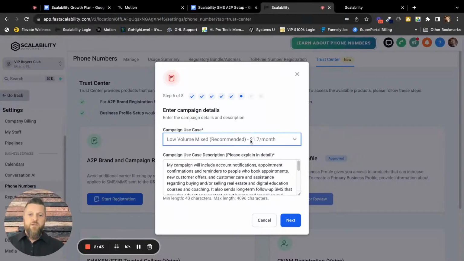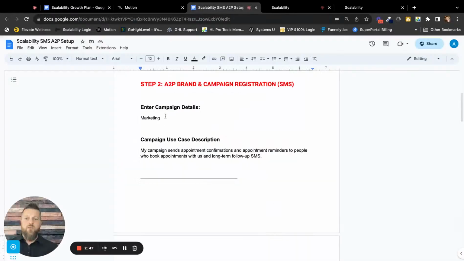So if you take this Google Doc, and we go through this process, campaign use case, right here, if we click that drop down, let's do marketing. Okay, if I go here to the Google Doc, it says the use case is marketing. Right underneath that, campaign use case description. Copy this,